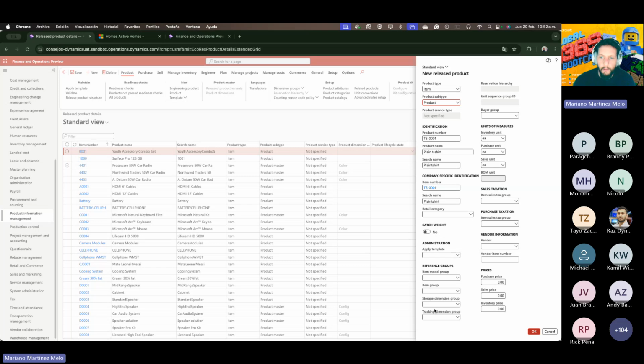Here we have the reference groups. The reference groups are the main pillars of the released product. In the item model group, we're going to handle the behavior of this item in our